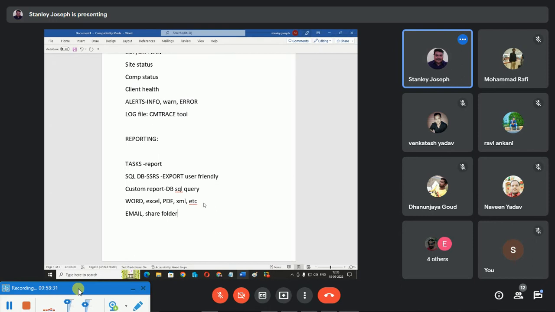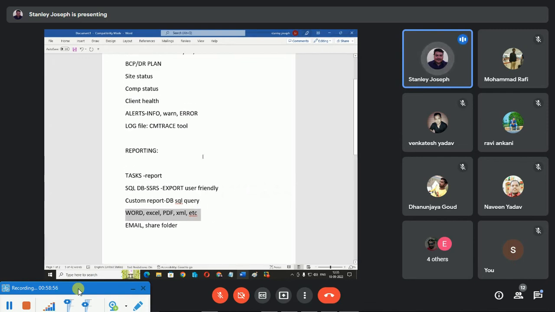Or you can create email subscriptions through SCCM, and emails can be sent to all these concerned people. And in those emails, you can attach these formats like Word, Excel, PDF, XML, etc. So this is part of your report. Okay. So now these two are your